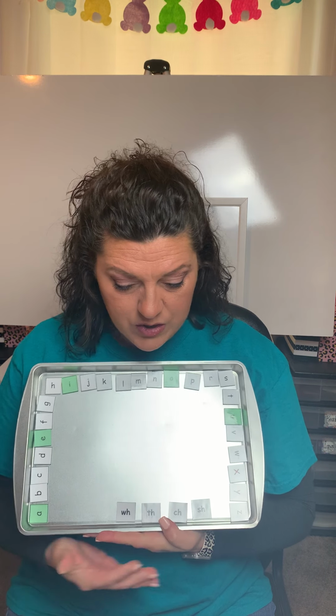All right, what about thin? Th, i, n, thin. All right, then. Th, e, n, then. All right, last one, when. W, e, n, when. Good job. All right, let's use our alphabet arc, and we are going to create word ladders using